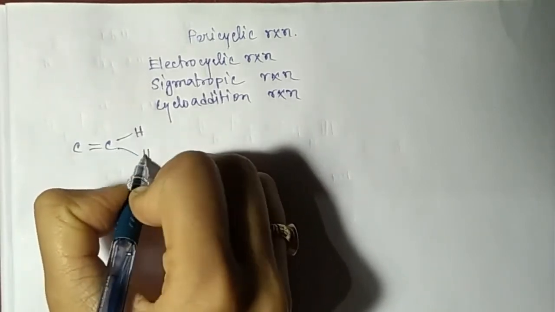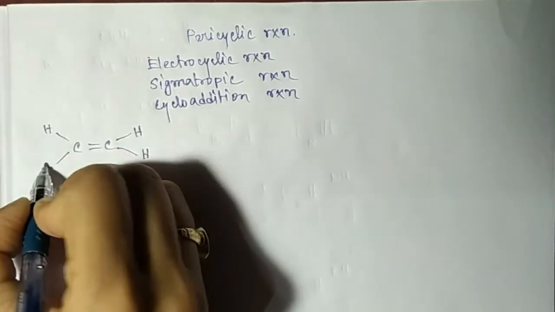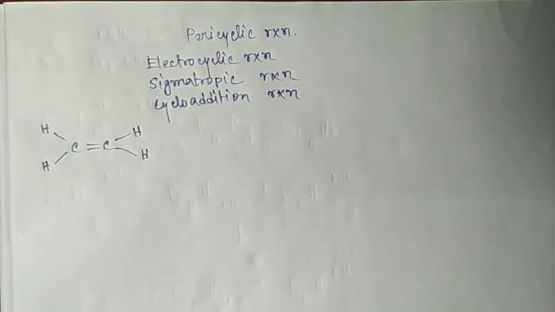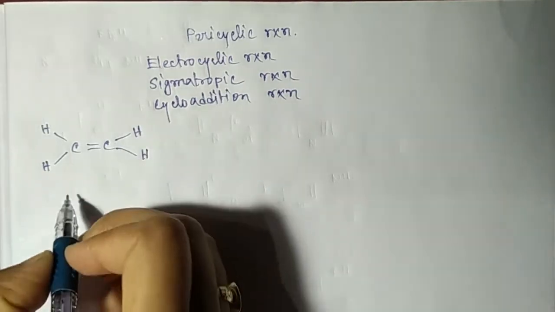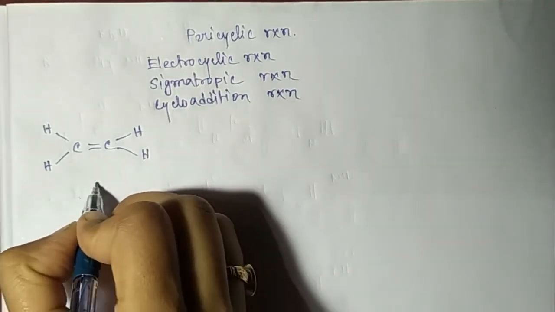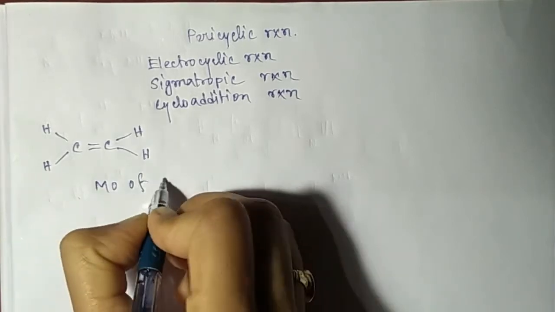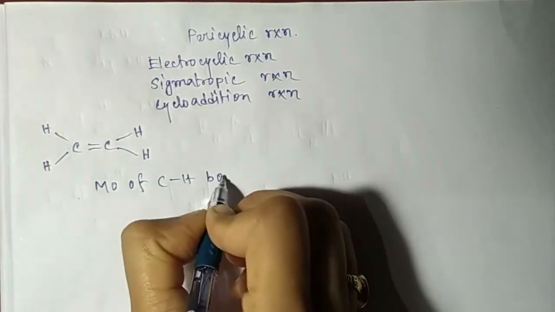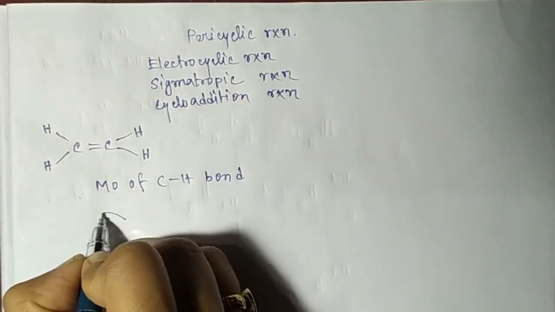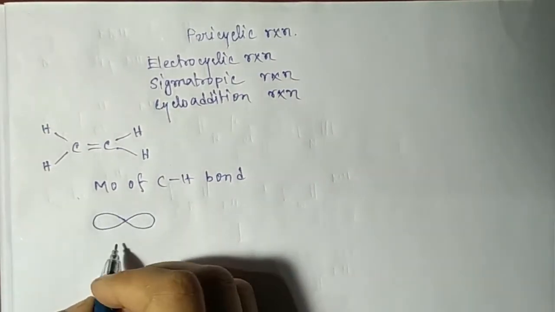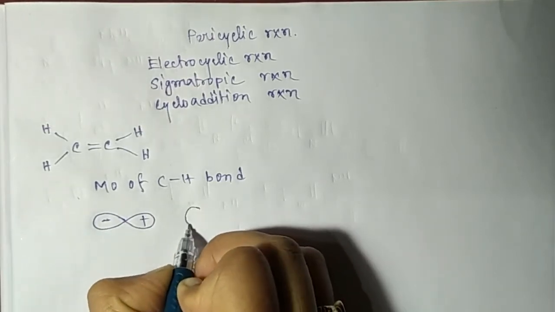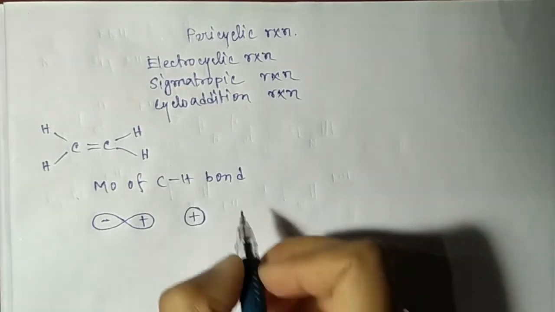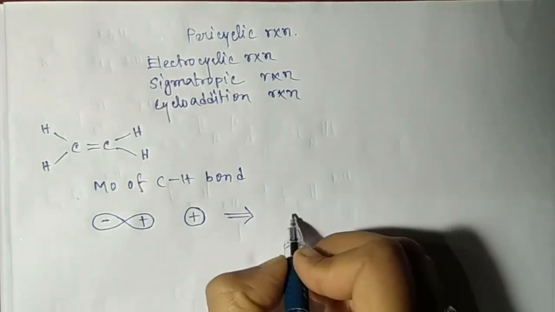in which there are 4 carbon-hydrogen bonds, 1 sigma bond and 1 pi bond, and this sigma carbon-hydrogen bond is formed in this way. So we can write the MO of the carbon-hydrogen bond. This is the p orbital of carbon. This is the s orbital of hydrogen, and combining they form